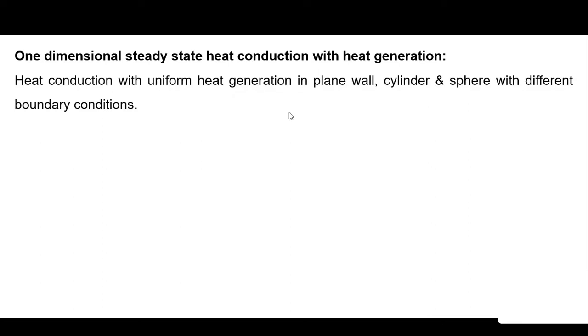Unit number two, we are going to talk about the second problem, that is one-dimensional steady-state conduction with heat generation. In the first unit we are expected to learn about the without heat generation problem. In the second unit we are expected to learn about the with heat generation. It means some energy is getting generated within the object itself, and that is what is called with heat generation. So we are going to have different types of problems like plane wall, cylinders, and sphere subjected